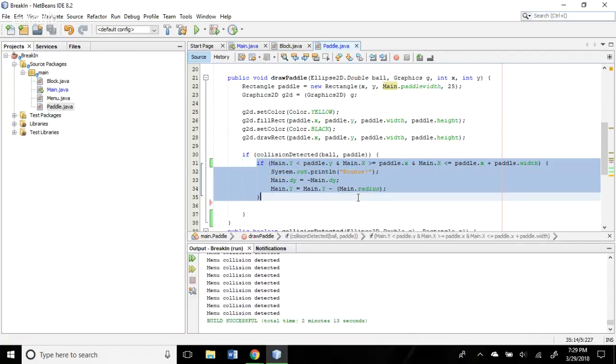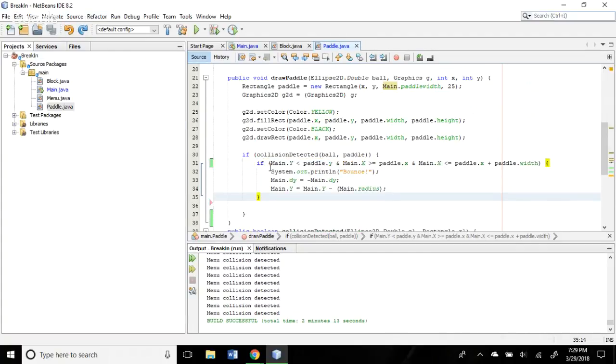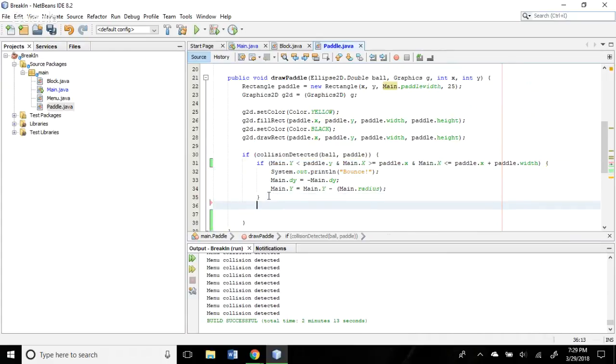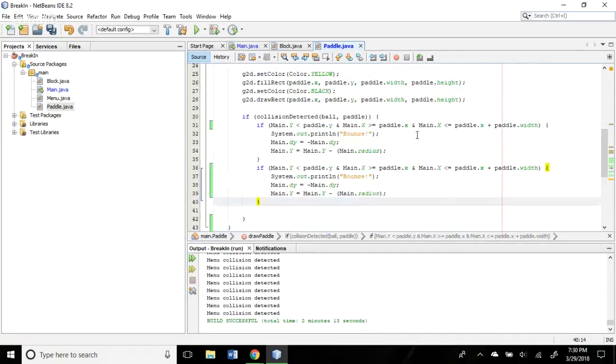Copy and then paste. Because all you got to do now is change the order of the variables and stuff, and you've got the other side. Try picking a side, like the left-hand side. So then paste. Now, if main.x, so in this case,